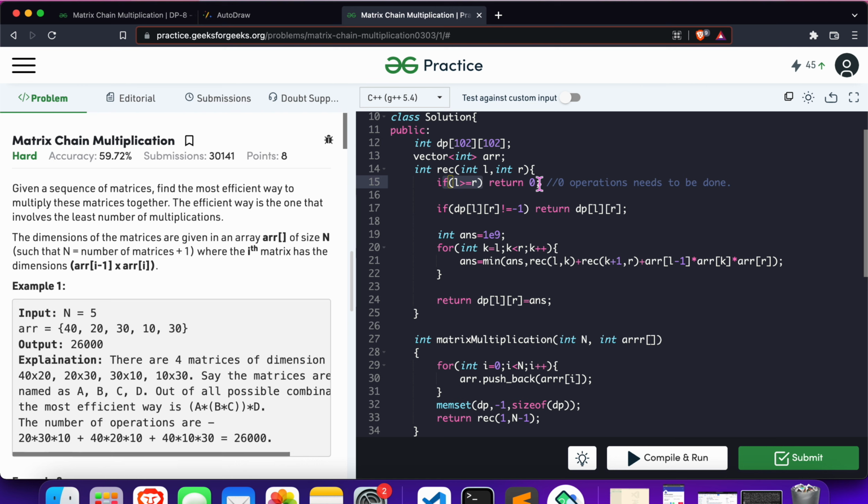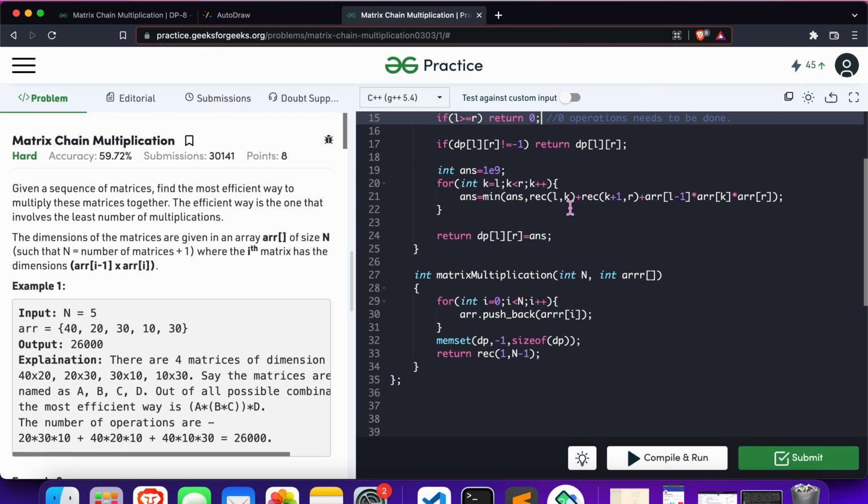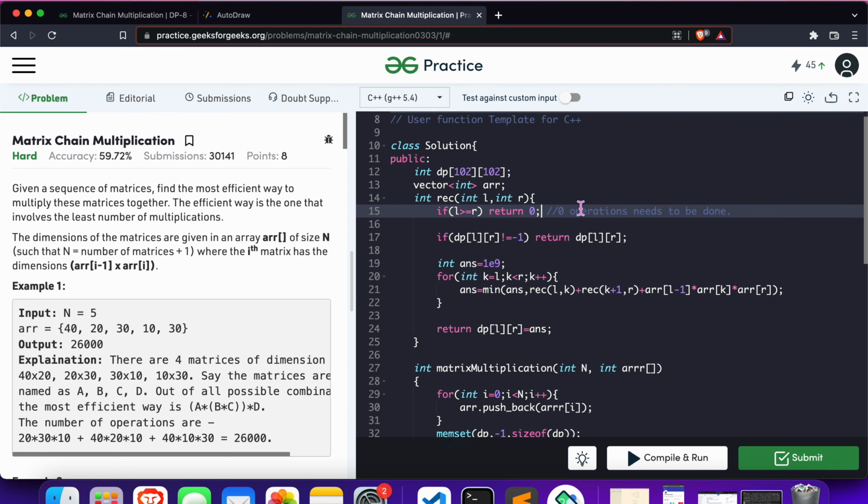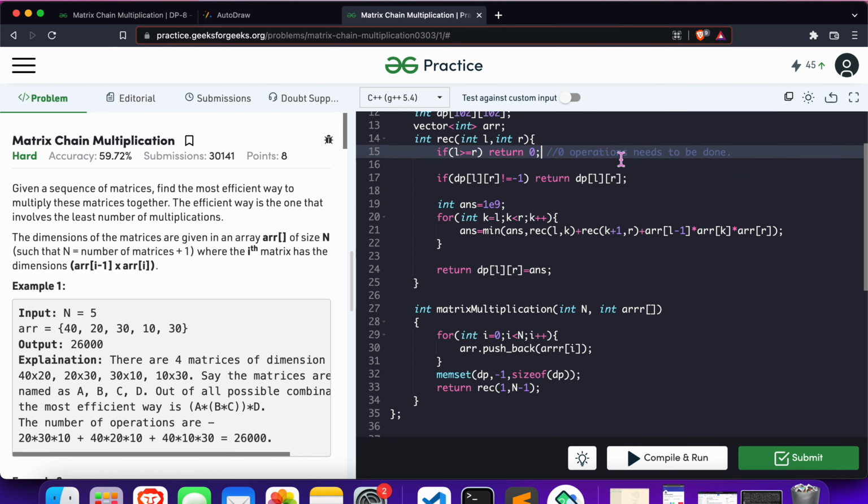So when only one matrix is there, no need to perform any action. That's why we are returning 0 as the number of steps we need to perform. Okay, so I hope I was successful in explaining